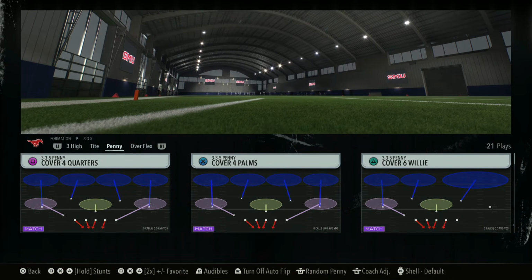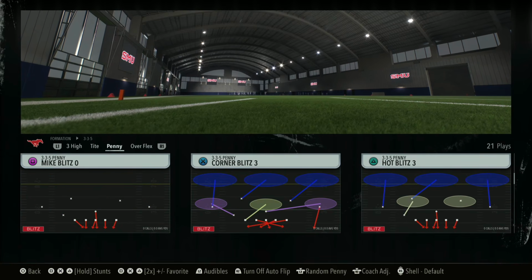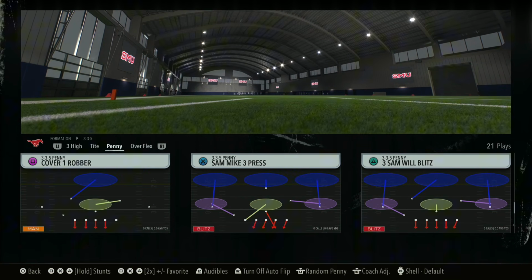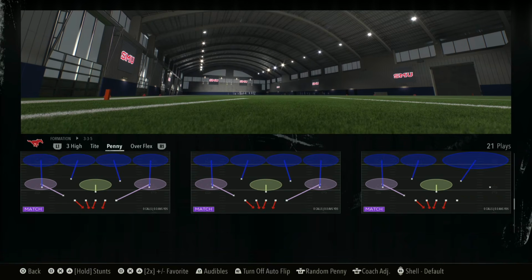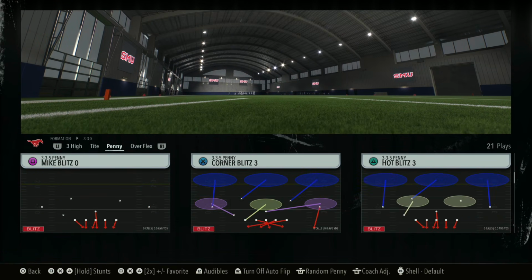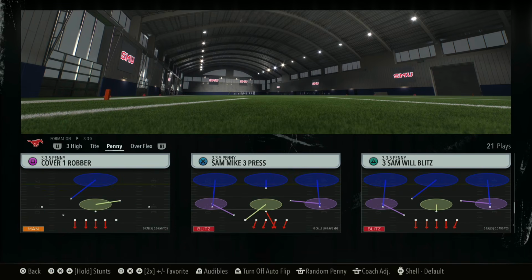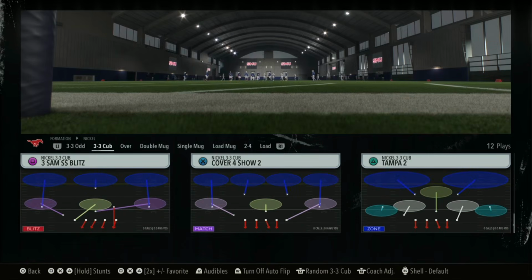And so despite us having basically all the coverages we want, we got the whole quarters family. We only have a weak rotation cover 3, but we have a decent amount of man match plays too. Despite that, we're still limited in terms of the personnel that we can deploy. So once again, the next logical step is to try the nickel version of this formation, which brings us to